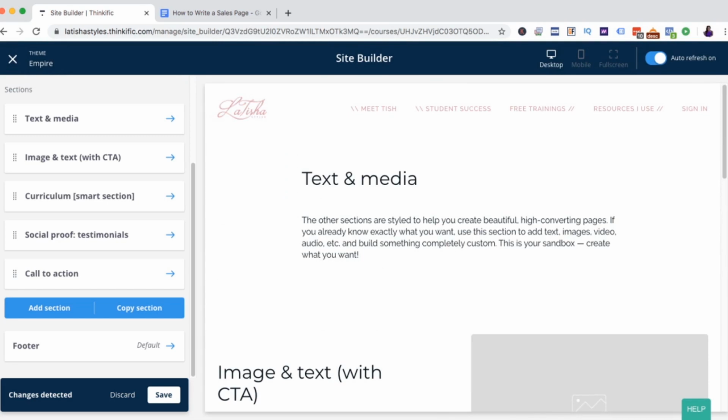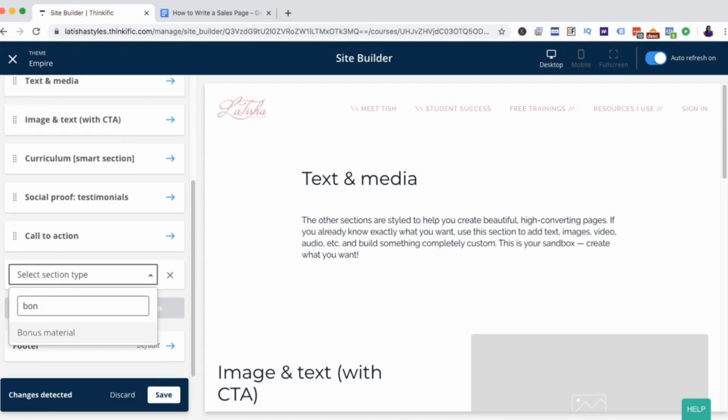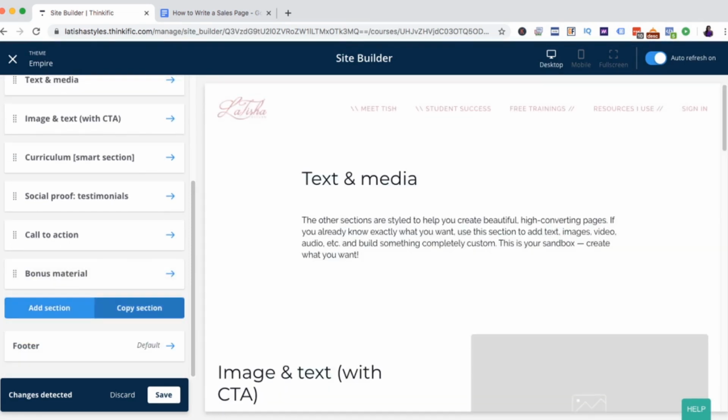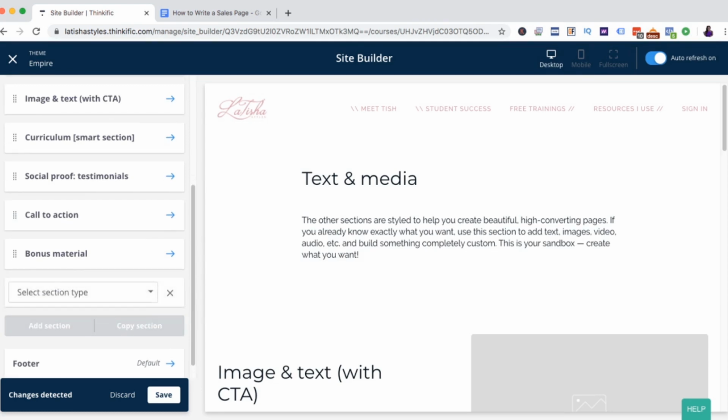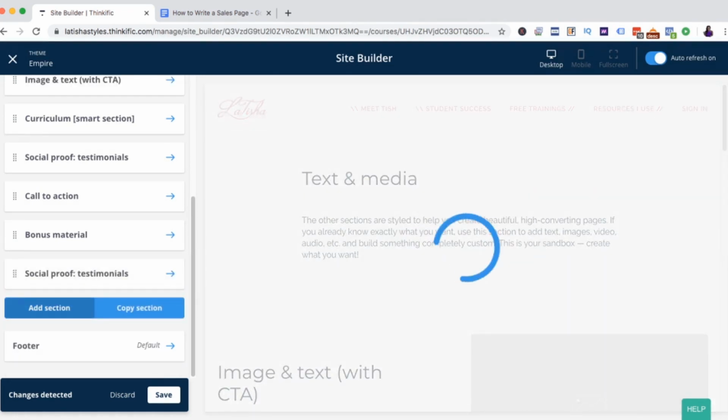It's like a bare minimum, but if you'd like to continue and keep building out the landing page, the next thing that I would do is I would typically add in bonuses, more social proof, and another call to action. So I'll go ahead and do that. They do have a bonus material section, so you can add that. And then I'll do another social proof, testimonials,